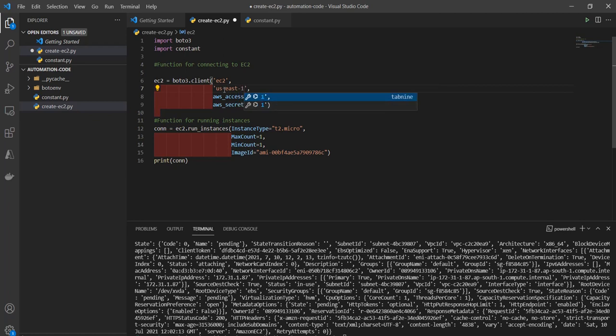This is my region name. Here you need to define your access key ID and secret access key. Now move to the next step.